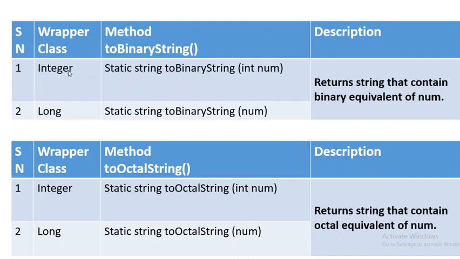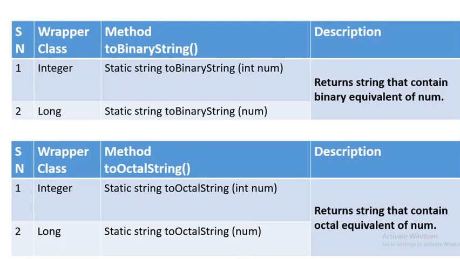First we will see integer. If we are using the integer wrapper class, we will call this as Integer.toBinaryString. In brackets, we will put an argument of any integer number. Whatever number you provide as an argument, after execution of the method, internally this number will be converted into binary format, and this complete binary sequence will be returned as a string as a result.